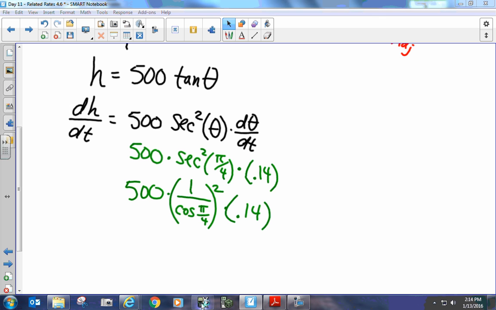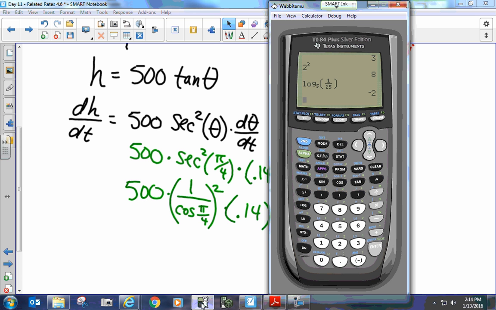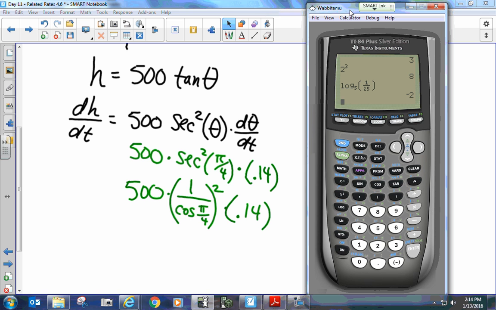Maybe. Let's check this out. Make sure you're in radians, because that's radians. Okay? So if I go to mode, I'm in radians. Good. So I'm going to clear this out. I'm going to say 500